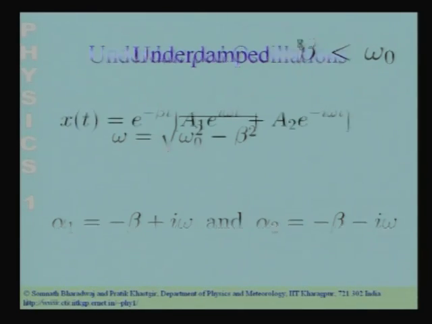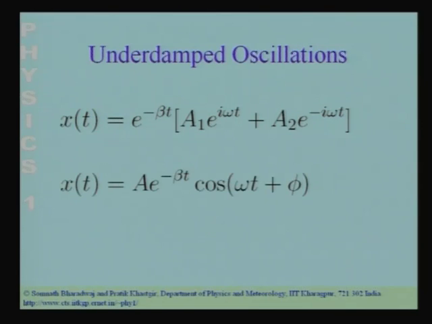In the underdamped situation, the oscillator continues to oscillate like the simple harmonic oscillator, where there is no damping. The effect of damping is twofold. It causes the oscillations to be slower than if the damping were absent. It also causes the amplitude of the oscillation to decay exponentially with time.